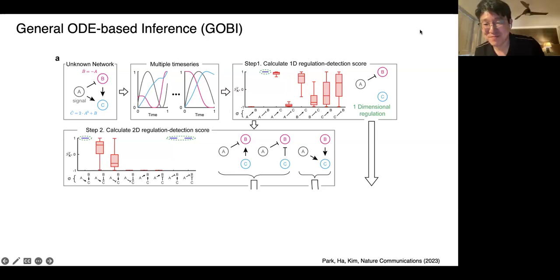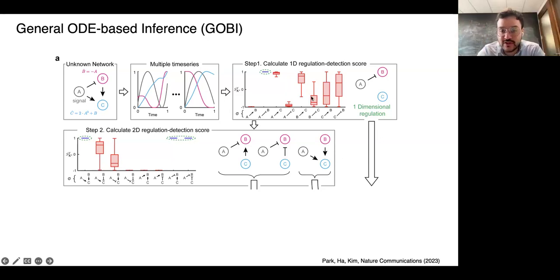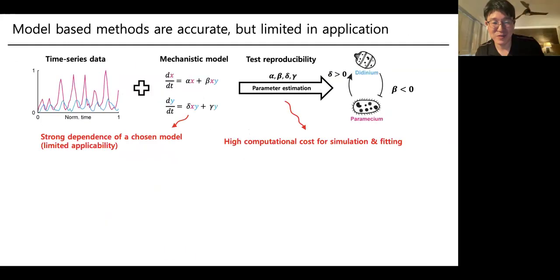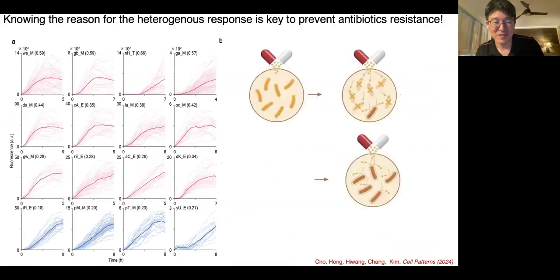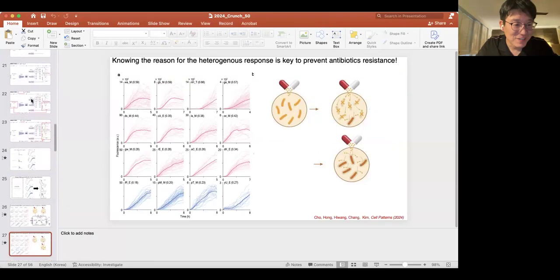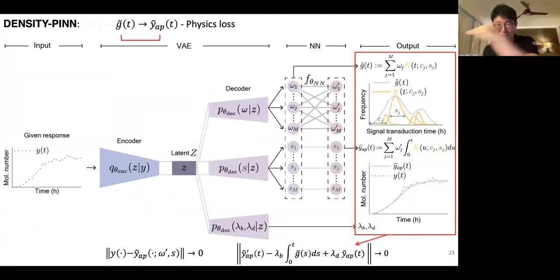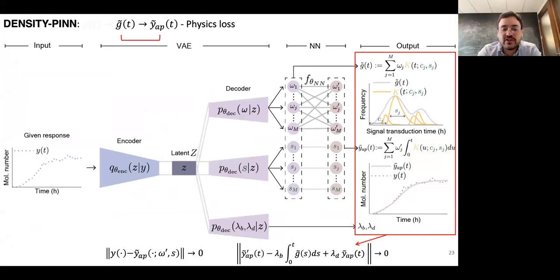Can you go back to your dense PINN structure where you show the architecture? Yes. Yeah, here we go. I see that you have to train an encoder, a decoder, and you have another 2 fully connected networks. The first question would be: do you train them in parallel? Do you train the variational autoencoder at the same time as the other networks? Or in a serial way? Oh, in a serial way.